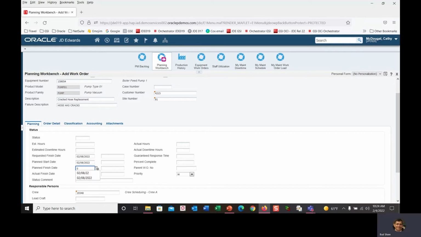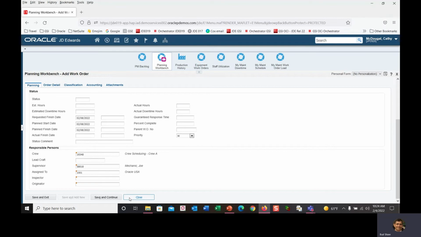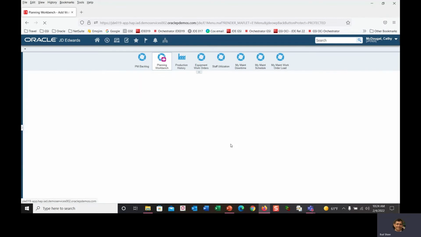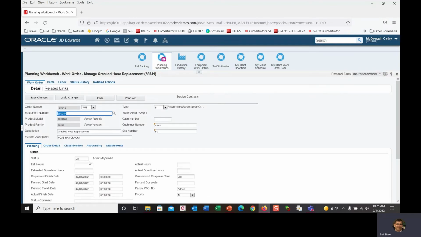Now, depending on how your workflow activities are set up, this is going to create an order with a particular status code, where I'm just going to say save and continue in here. And then I'm going to go ahead and approve it so that it gets out there. This is work order activity rules, and saving it. And I'm going to say, I think this is an 8-hour job. That's my estimate. So we can go ahead and save those changes and then close out. And we've created a new work order number